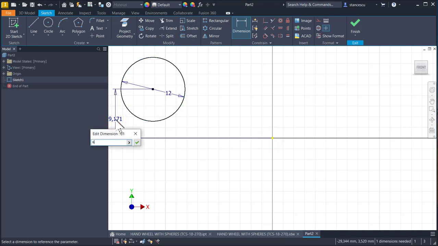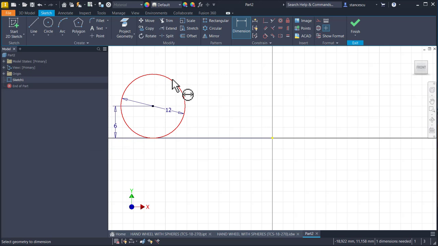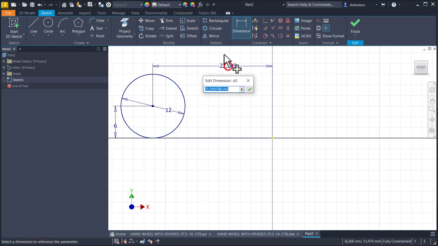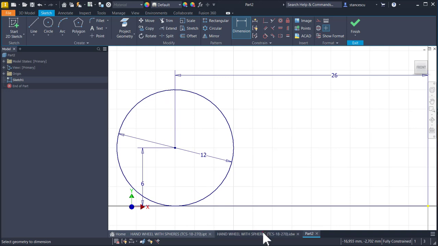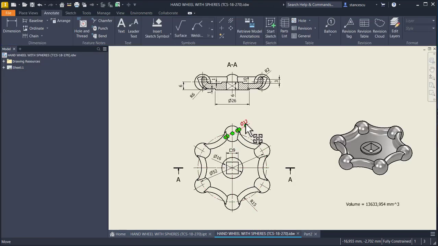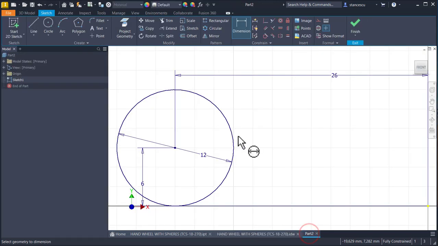On vertical is 6, horizontal is half of 52, 52 divided by 2. These dimensions are here. Diameter of 12 and dimensions of 6 and 52. I draw a line